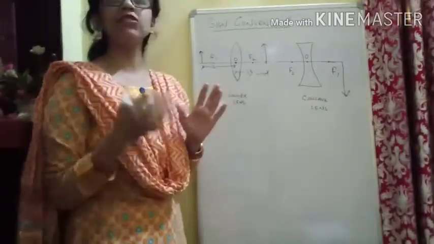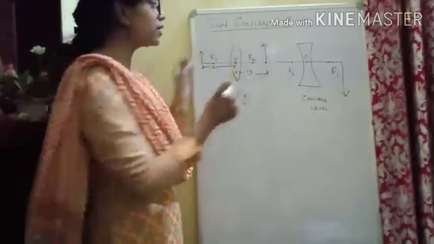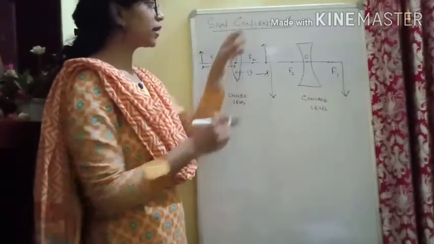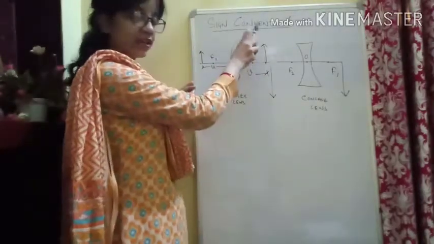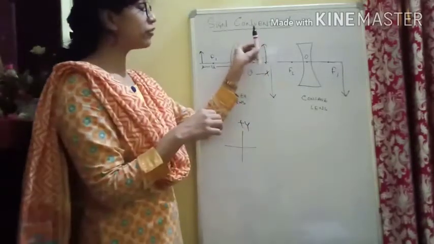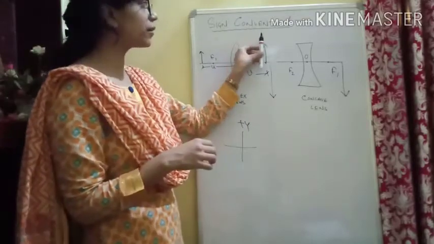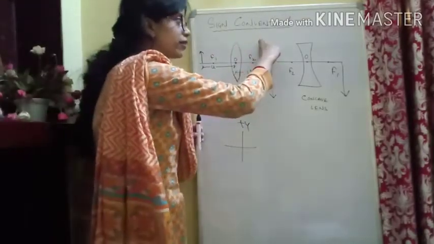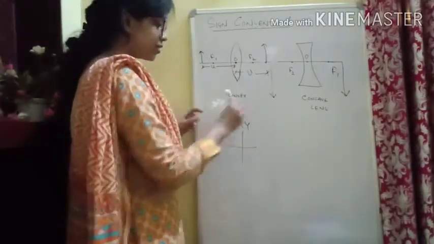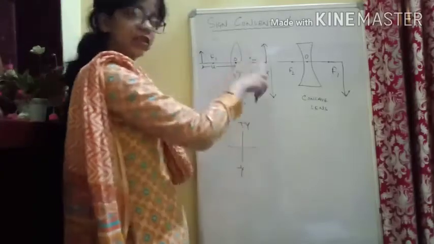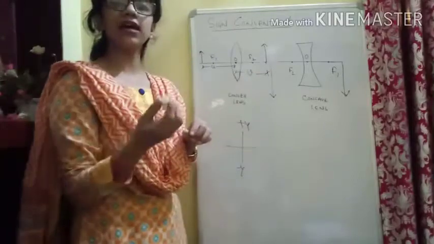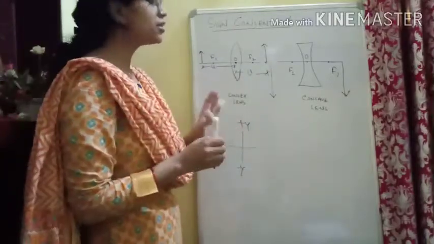There can be two types of image. The image can be upright and the image can be inverted. If the image is upright, that means it is in the positive y direction. You know that this is your positive y direction, upward. So if it is upright, then the size of the image or the length of the image we take positive. If the image is inverted, that means it is on the minus y axis, on the negative axis, then we take the length of the image as negative. It is simple. We take two conditions.